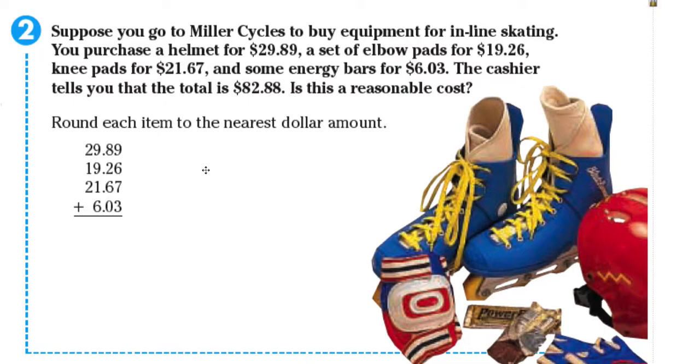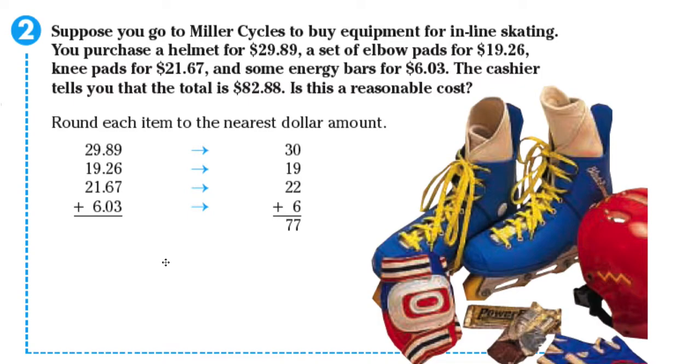Okay, we round them. 29.89 rounds to $30 to the nearest ones. 19.26 rounds to $19, $21.67 rounds to $22, and $6.03 rounds to 6. Okay, add them all up, we get the sum of